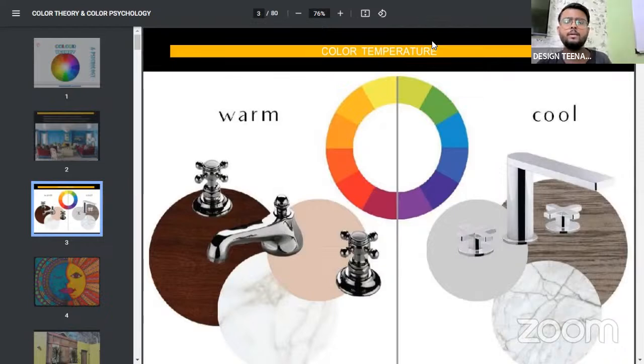For example, let's assume you are in a family gathering in a huge hall. Everyone would like to see each other, so at that point of time, what kind of colors would you like to have over there? Those are warm and white color lights, right? Now, again and again, I must mention that white is actually not a color. It's brightness to the extreme level. We will discuss that in the upcoming pages of this video.